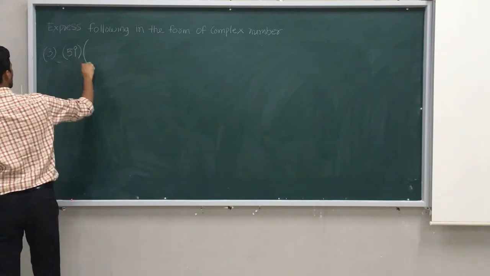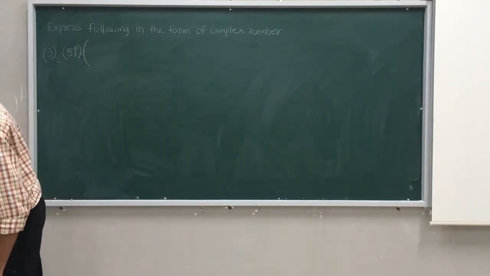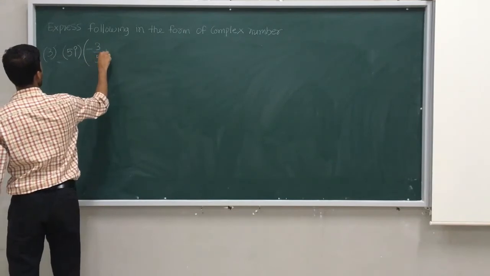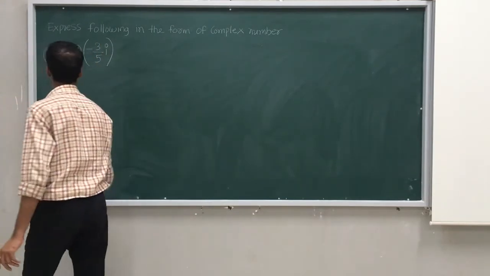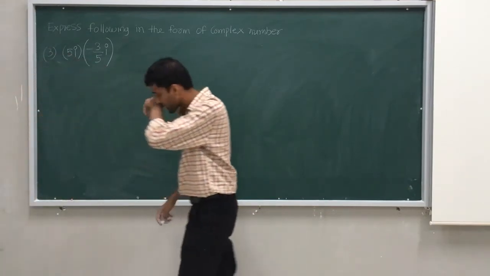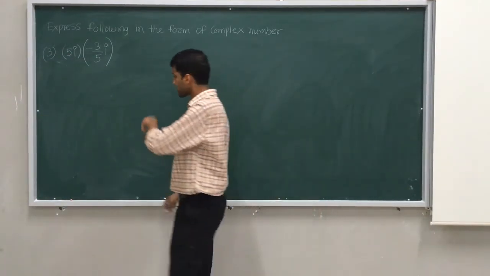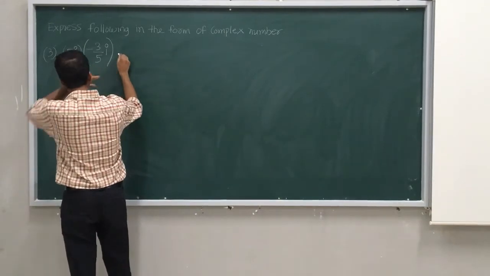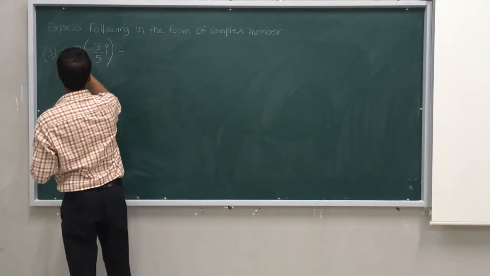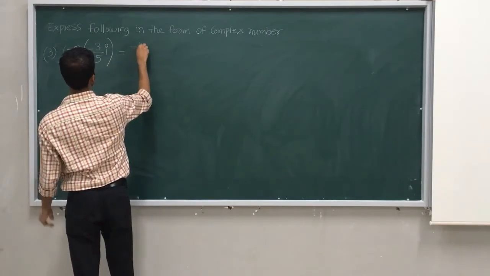5i times minus 3 by 5i. I need to express it in complex form. So what we'll do here is, first of all, we'll multiply this 5 into minus 3, minus 15,